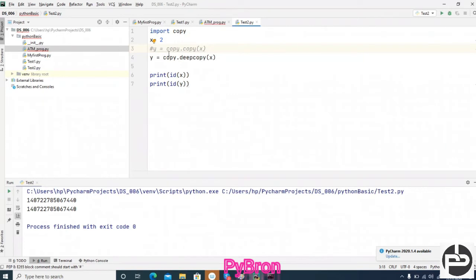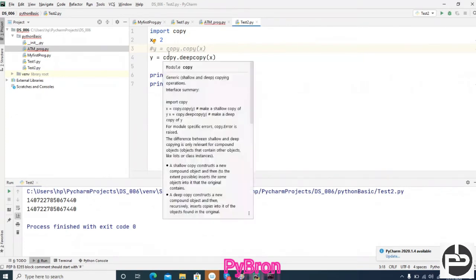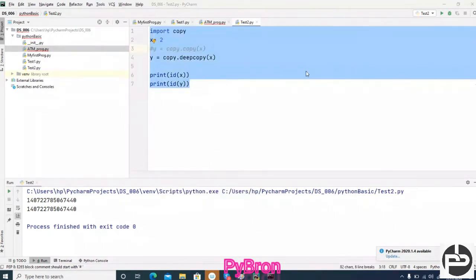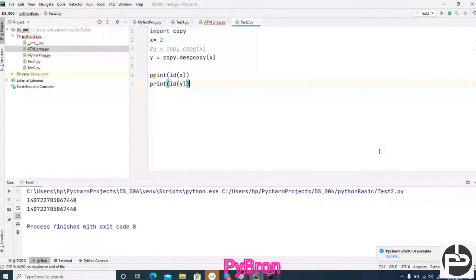But please try in your Python compiler. If you have an older version, please try once. I'm sharing this code. Please try and let me know, tomorrow or today if you get the time, whether you are getting the same address or a different address. Okay. Yeah, correct.